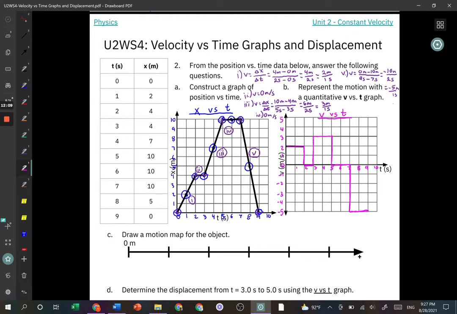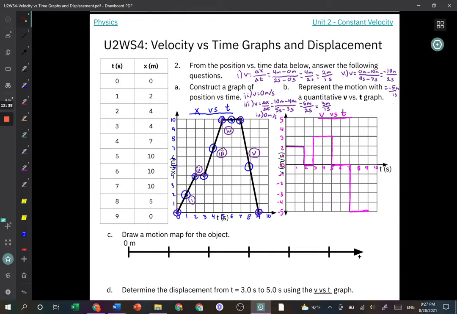So our velocity versus time graph. In the region of 0 to 2 seconds, we have a +2 meter per second velocity, which corresponds with this region of our position versus time graph. From 2 to 3 seconds on our velocity versus time graph, that velocity is 0 meters per second, which corresponds to a time of 2 to 3 seconds on our position versus time graph with a slope of 0